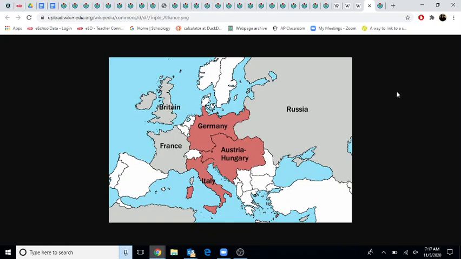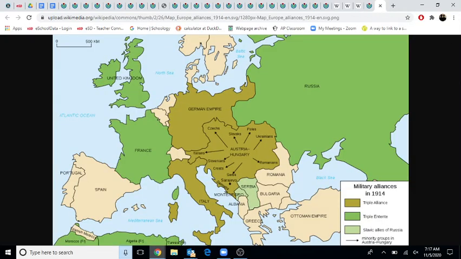And in fact, because of these alliances, what should have been a war between Austria-Hungary and Serbia, one of many sorts of wars in the Balkans in this time period, turns into a world conflict. This was Slavic allies of Russia, Serbia and Montenegro. Basically, the way this is set up is that so many countries are allied with each other that if one gets sucked in, they all get sucked in.